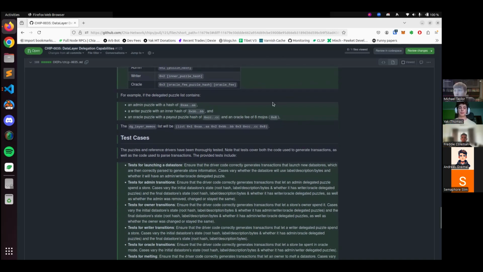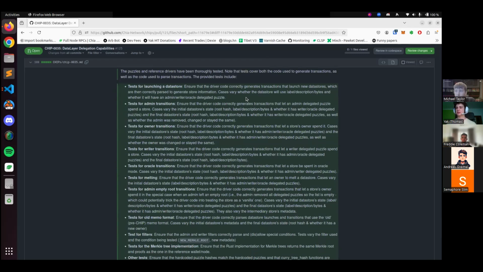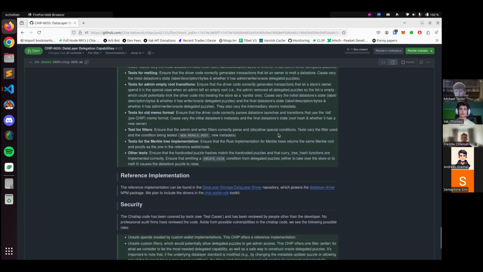Now, because this includes a new puzzle, we've done quite a lot of tests. I think the final number is over 1,000 variations. And this covers everything from launching a data store with custom configurations to transitioning from one state to the other. So for example, updating the metadata and adding another delegated writer. And we have two places for the reference